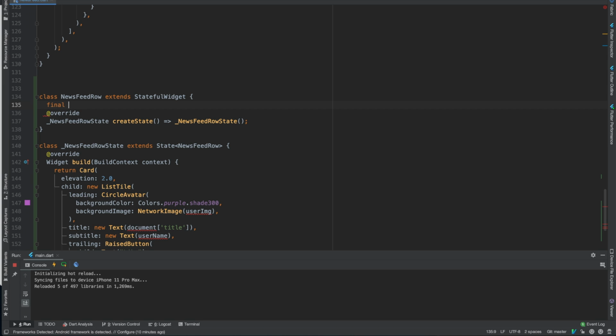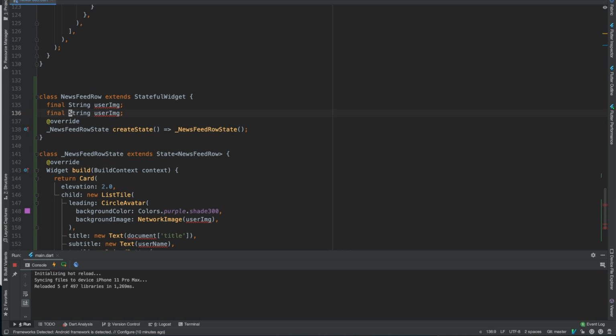So final string user image. Eventually this will be another file. So we'll have to pass it anyways like this. And then document. So I believe that's a document snapshot. So document, and then